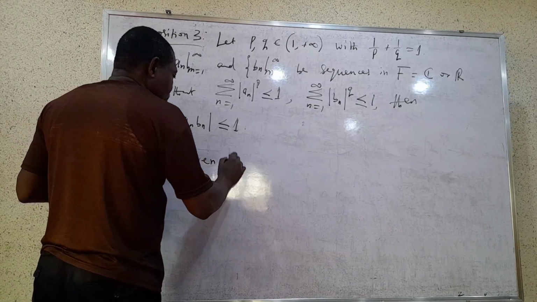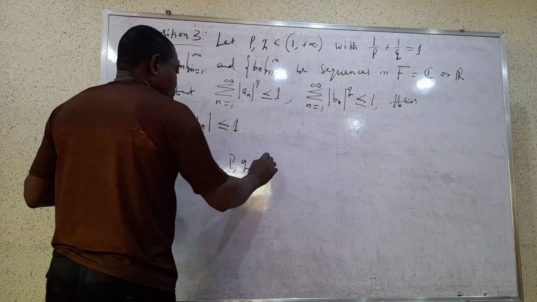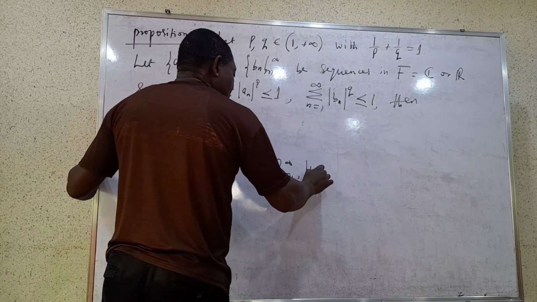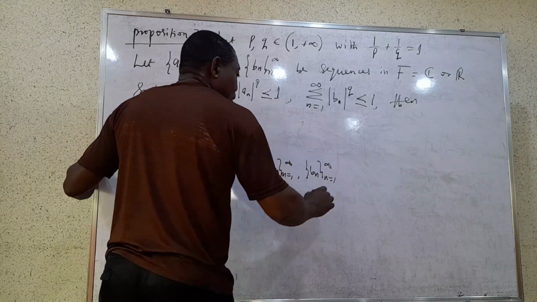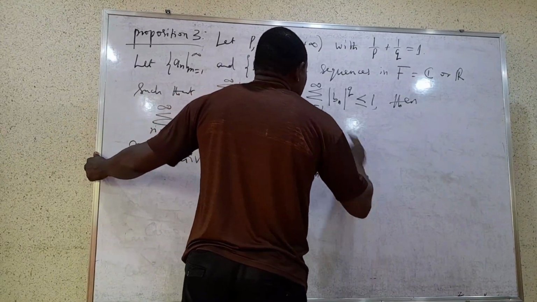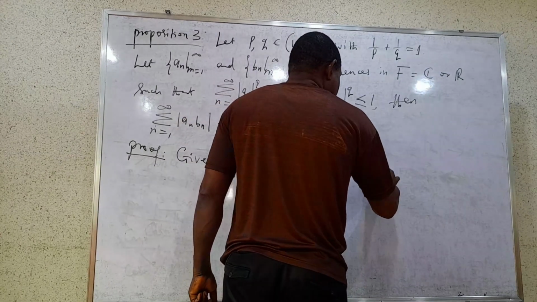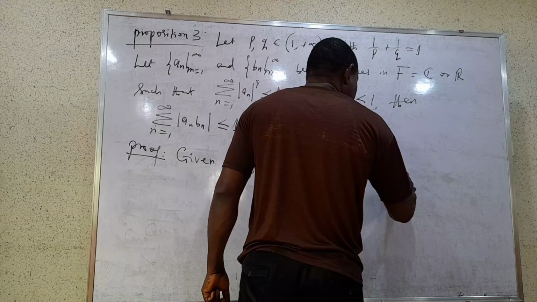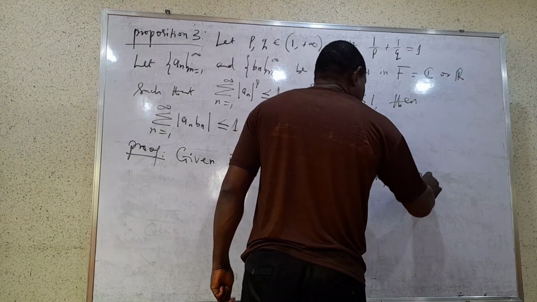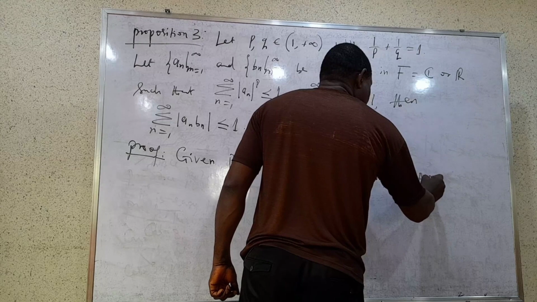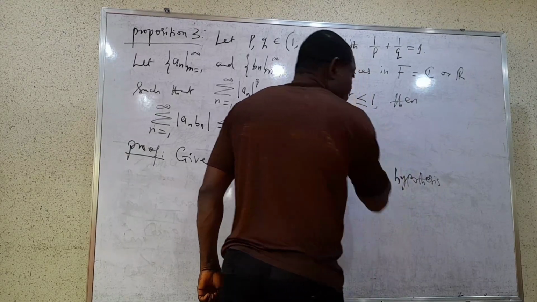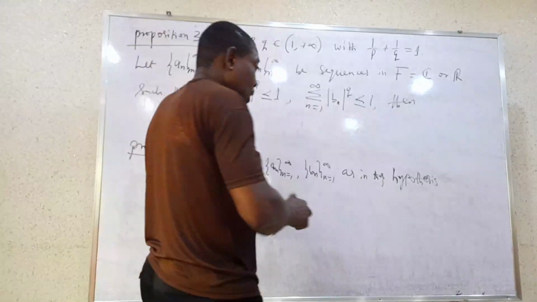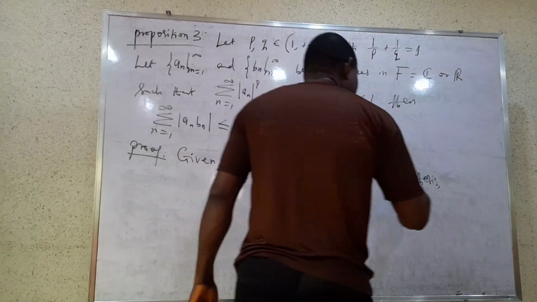Given p, q, (a_n) for n equals 1 to infinity, and (b_n) for n equals 1 to infinity, as in the hypothesis. When I talk about the hypothesis, as in the what? In the proposition. If we're given that all these are satisfied, then